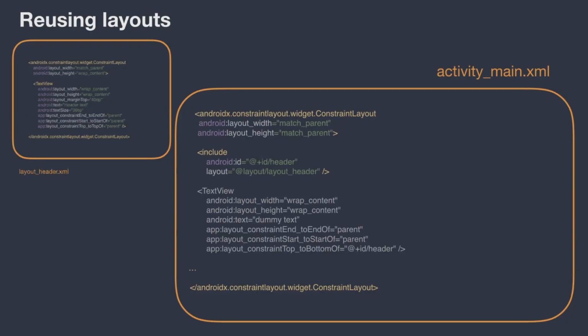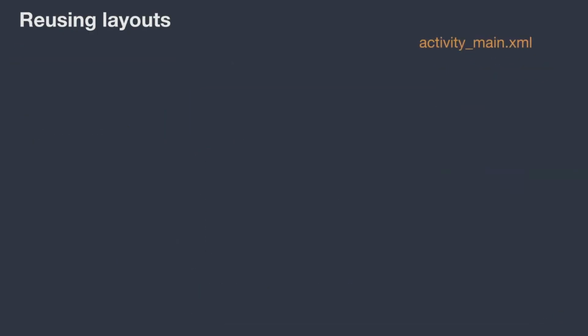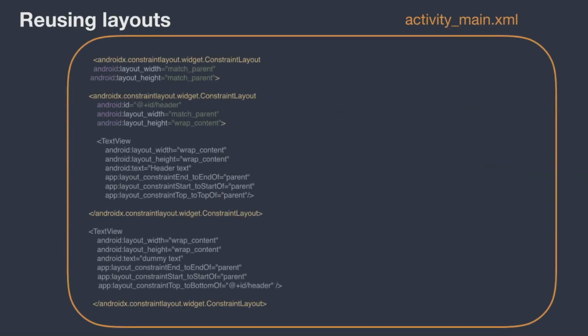Now let's take a look at how the compiler interprets it. As you can see, now we have two nested constraint layouts, one for the parent and one for the included header layout. This is like an extra cost that we have paid here by having two nested constraint layout parents. You can say it's like an extra cup for a coffee, where you paid 10 more bucks for that cup to pour your coffee from one cup into the other. We can always avoid this. Let's take a look at how we can avoid this nested parent scenario.